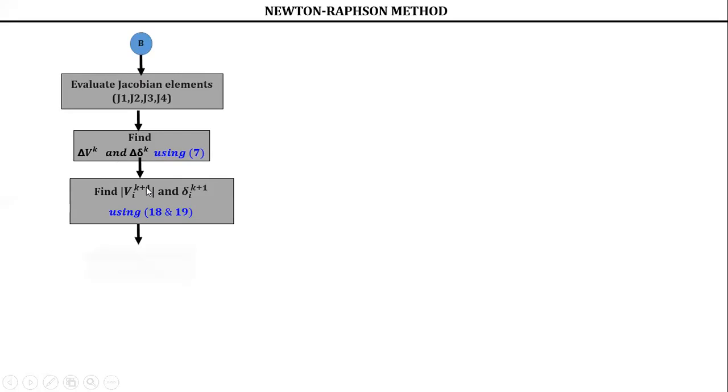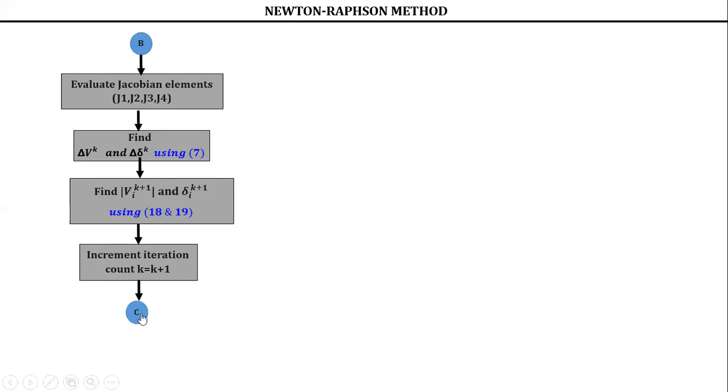Okay. So after calculating this, now what you have to do? Now with the new value of voltage and delta, because initially you assumed voltage and delta values, except at the slack bus and PV bus, you did not assume V. But delta, you have to assume it 0 degrees. So you have started the iteration, 0th iteration. Now we have done it. Now we got the new value of voltage magnitude and voltage phase angle here, isn't it? Now what you have to do? Increment the iteration count. K is equal to K plus 1. That is, K was 0 earlier, so it is the first iteration. Clear? So increment it and go to C.